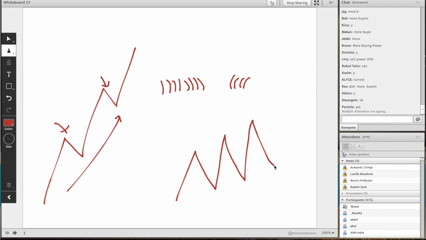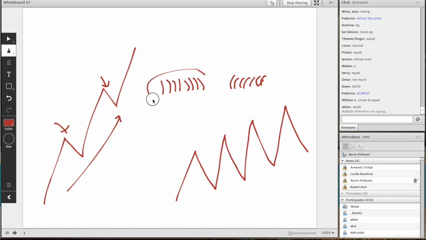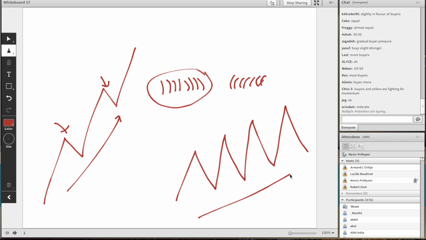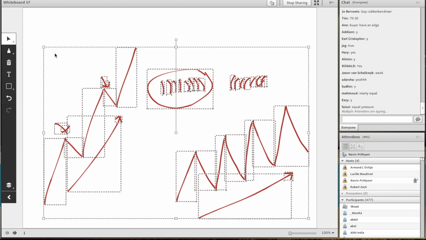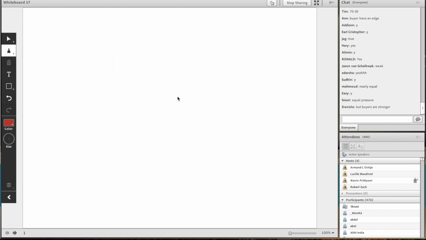In a channel, how would we say the pressure is? It's not the same, right? It's almost the same. It's more on the buyer side than it is on the seller side, because it's still trying to go up little by little. Correct? Now these things mean something, so keep that in mind. And finally, you've probably already typed out the answer. In a range, what is the pressure?